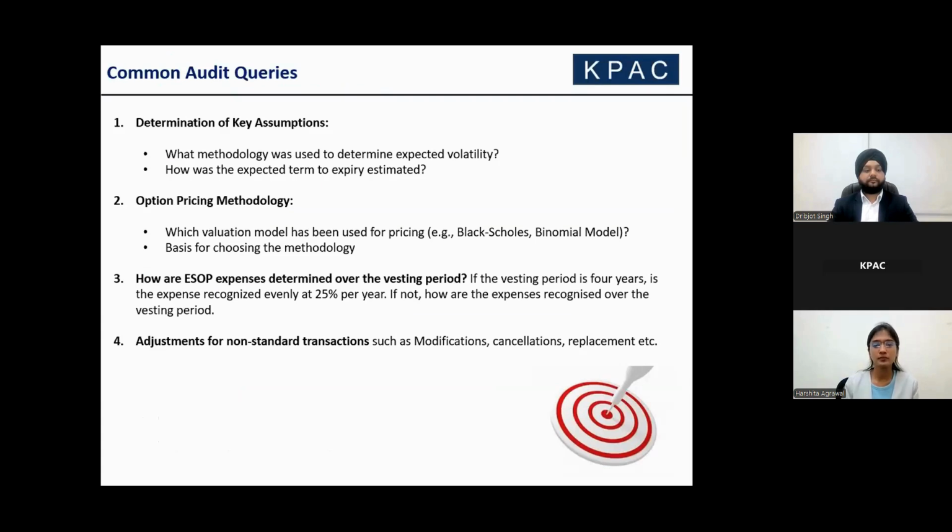So first one being assumptions, things like how volatility is determined and how the expected term is estimated. Then the option pricing methodology, which valuation model was used and why. A big one here is expense recognition over the vesting period, whether it is evenly spread or based on some other method. And finally, adjustments for non-standard transactions, like as we discussed, modifications, cancellations, replacements, etc.